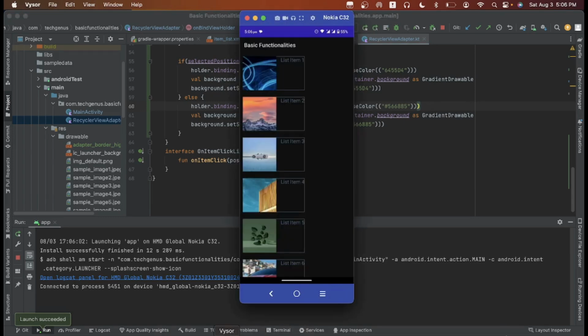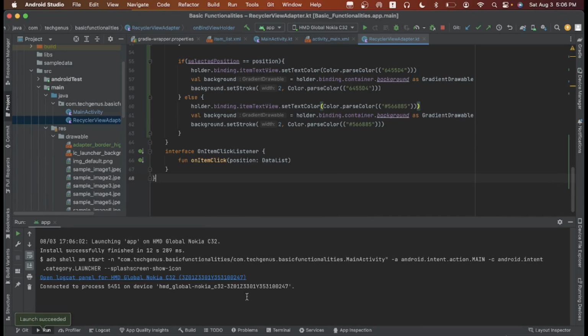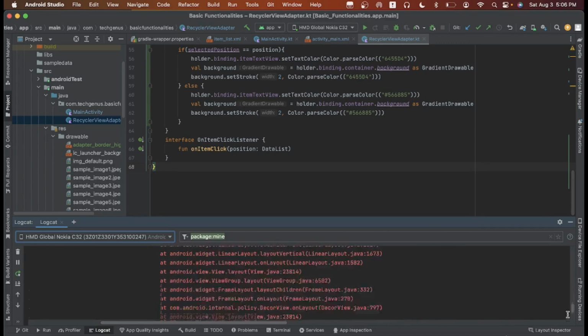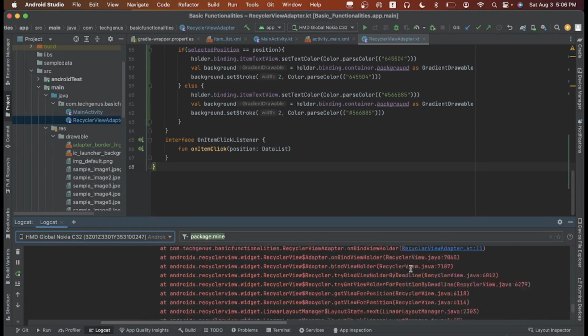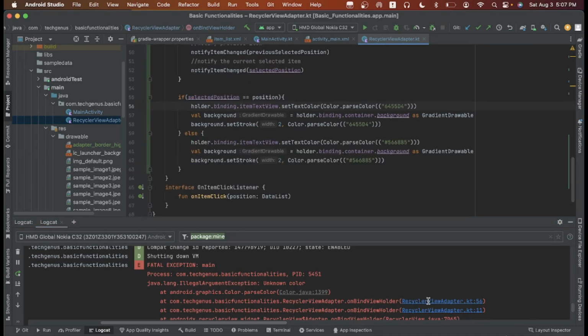We have an error. Let's check this. Oh, I forgot the hash.